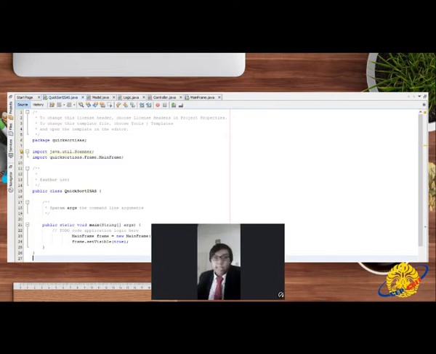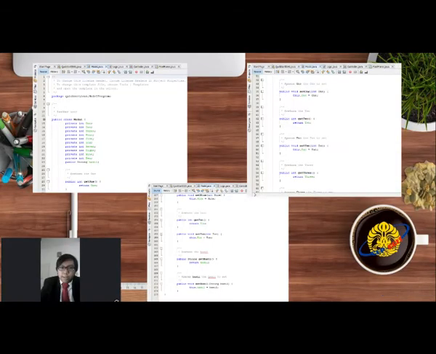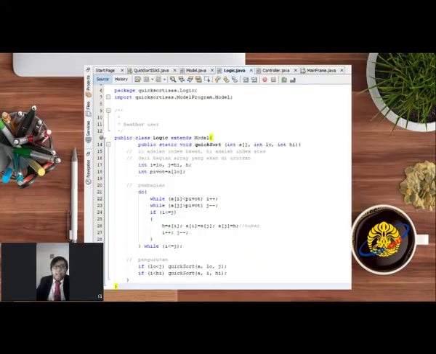This is our main class. It is used to call the mainframe, so the mainframe can be displayed on our desktop. And then this is our model class. It consists of setter getter from the first inputted number to the tenth inputted number. We use encapsulation OOP in this class. This is the logic class. As you can see, integer LO is the lower index and HI is the upper index of the array that is going to be sorted. This function or logic will be called in our controller. And this class is using polymorphism OOP.